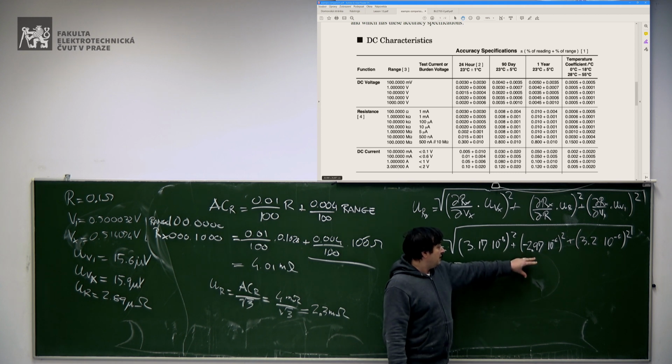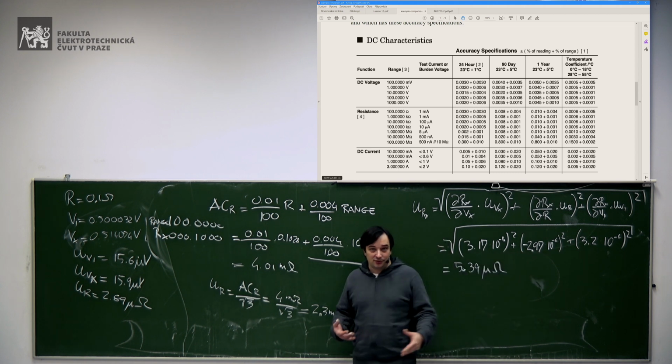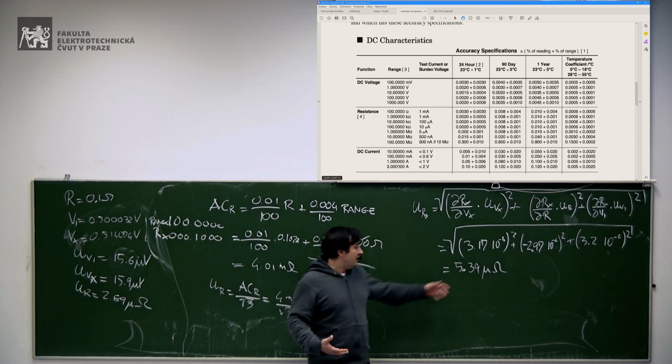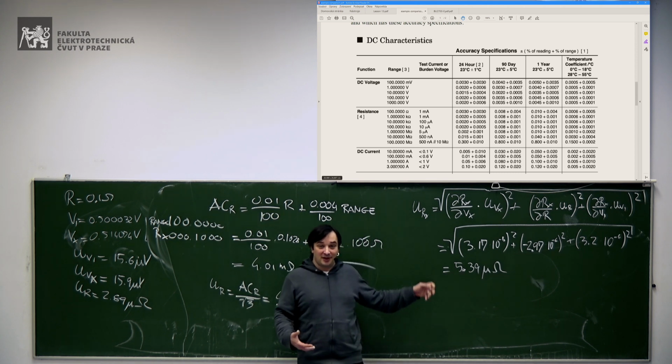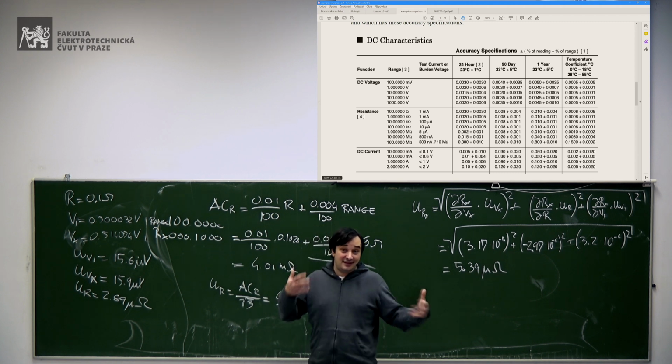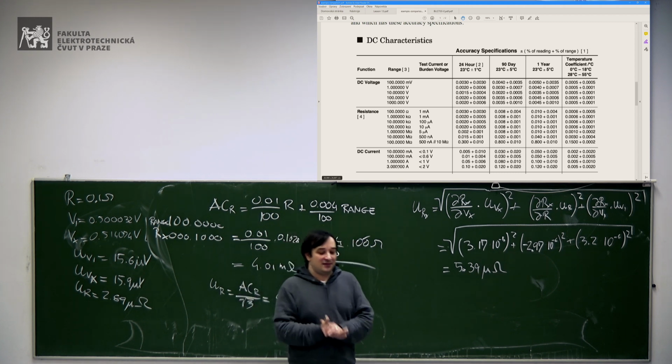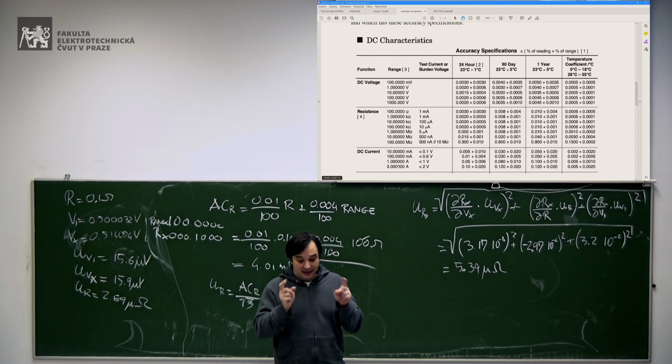If you increase the standard by 1 order of magnitude and it gets 1 order of magnitude bigger, you still have 2 orders of magnitude lower uncertainty. So even if the standard is not so good, you still have some advantage. So remember that